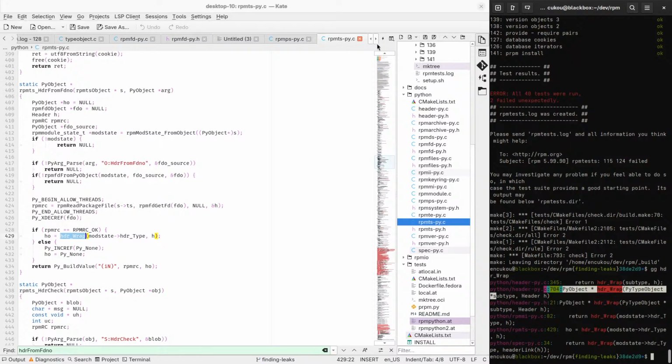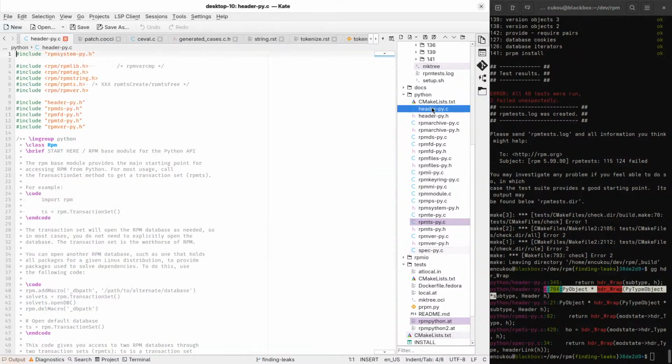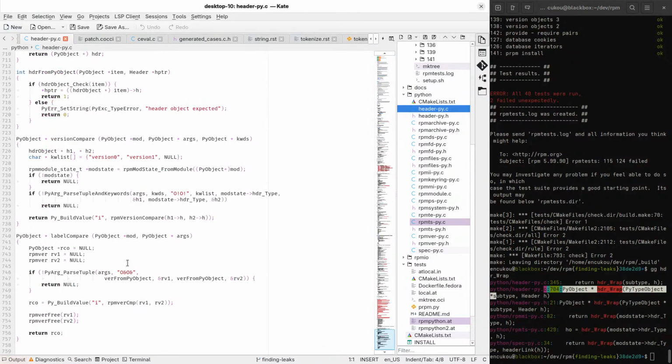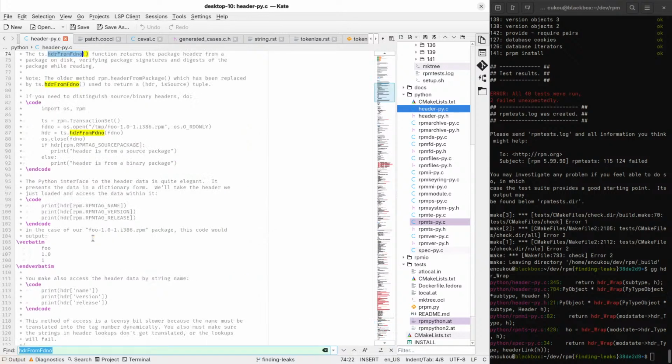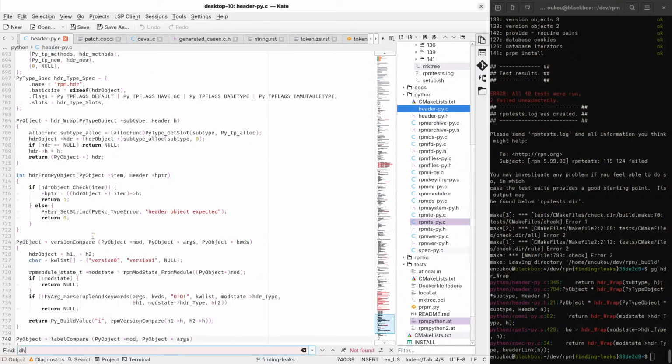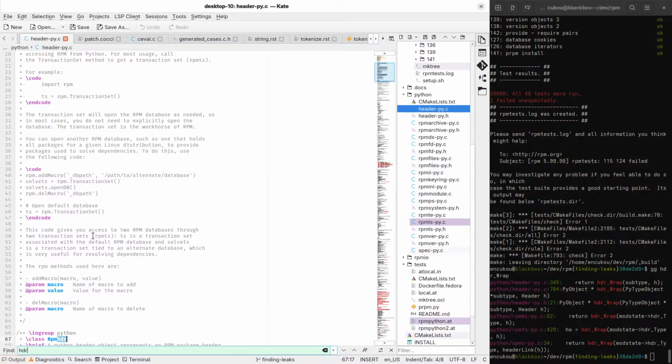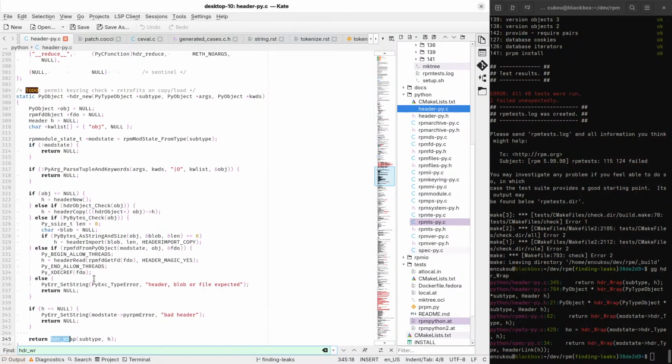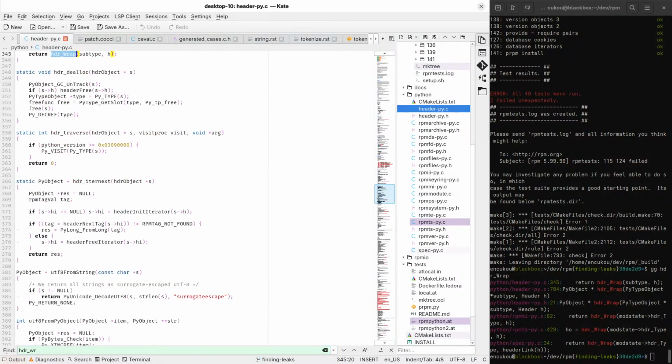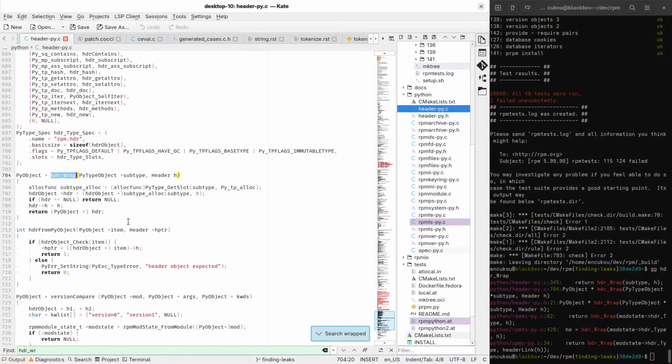Header pi. So what do we do? We allocate the type.